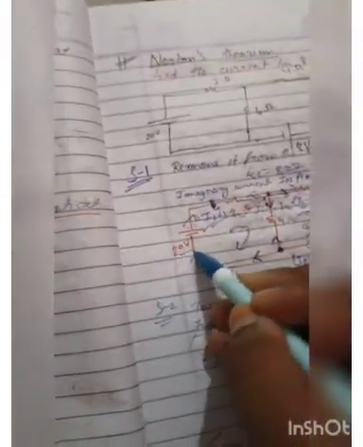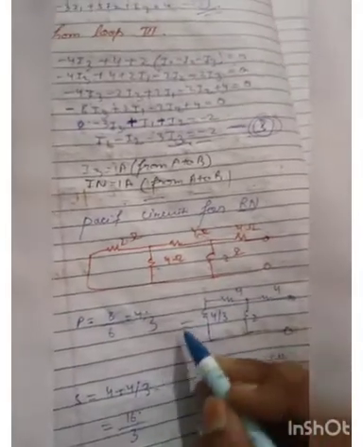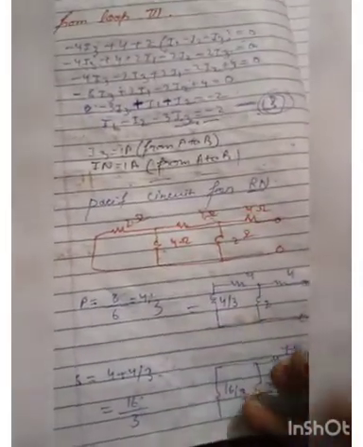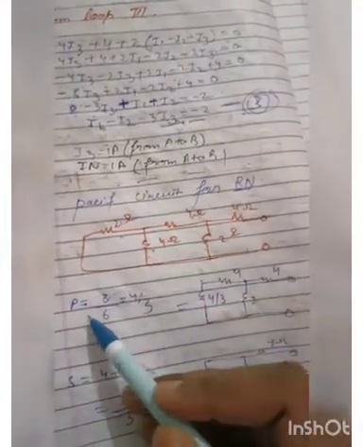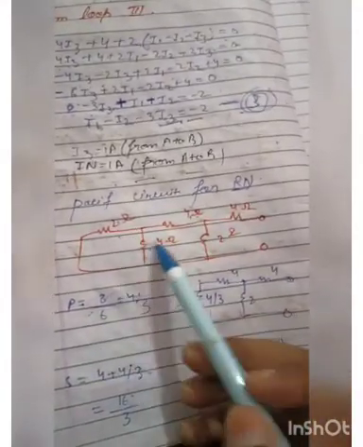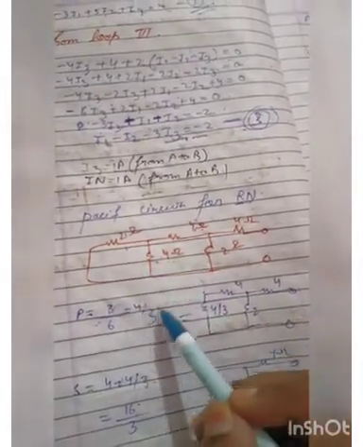It means that we should remove the voltage source from the circuit, that is, we should remove the battery from the circuit. Now when we remove it from the circuit, we get a passive circuit. Now after getting the passive circuit, we try to solve it. For solving it, we see that 2 and 4 are connected in parallel. Now we write it parallel: 4 into 2 is 8, and 4 plus 2 is equal to 6, which is equal to 4 by 3.